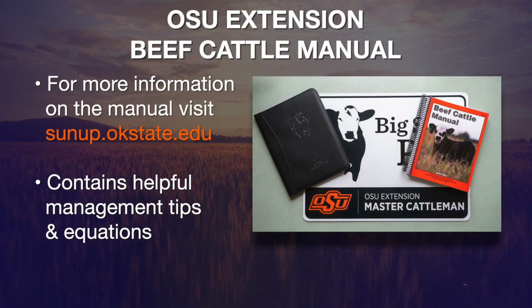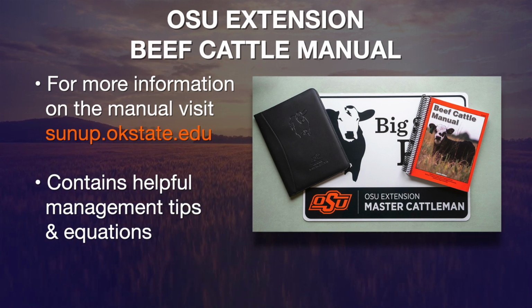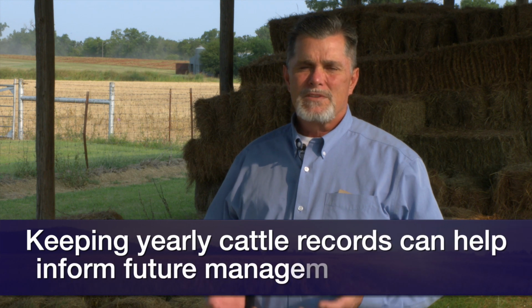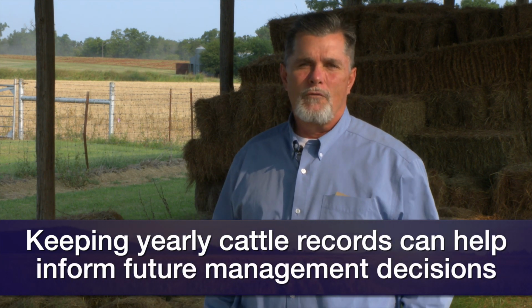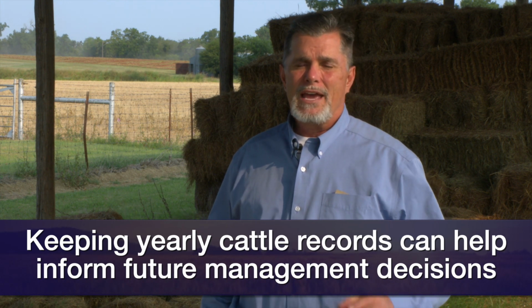And these equations and calculations that we're going to talk about come out of Chapter 4 of our 8th edition of the Beef Cattle Manual. We always say they're beneficial because if we can look at certain barometers of performance year after year, knowing that in certain years there's going to be more environmental stress and different kinds of weather, but in the same cow herd, managed pretty much the same way year after year, some of these things are telltale signs of what we're doing really well and maybe leading to additional profit potential,